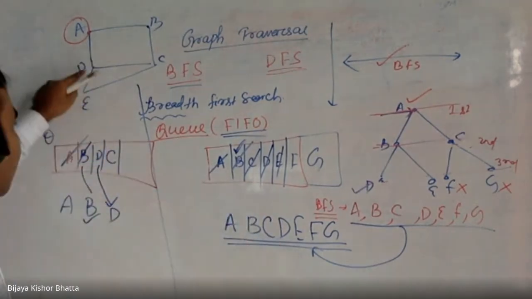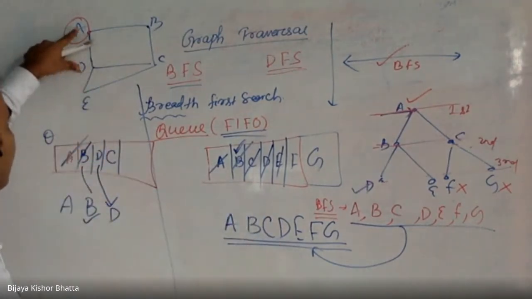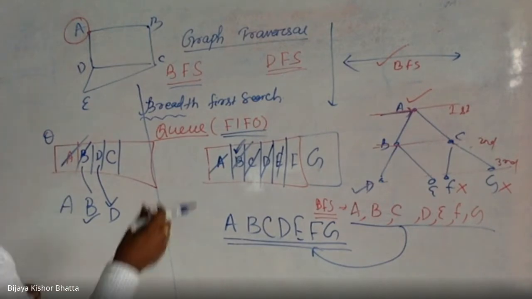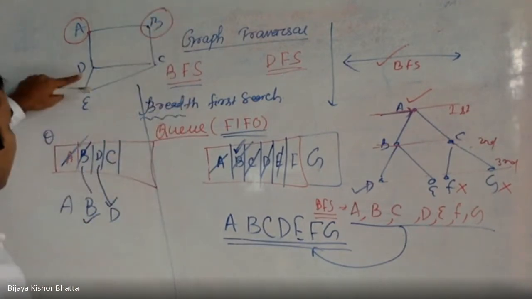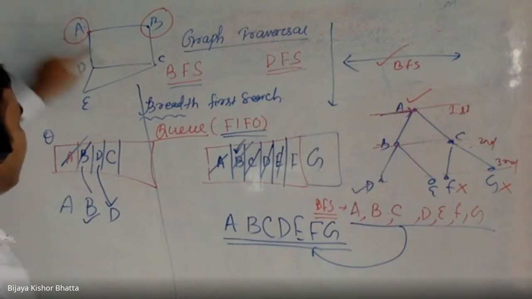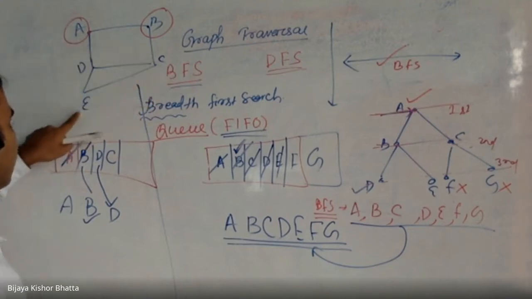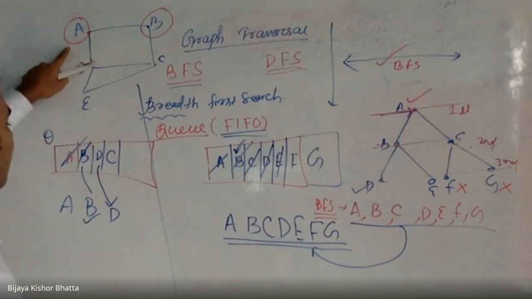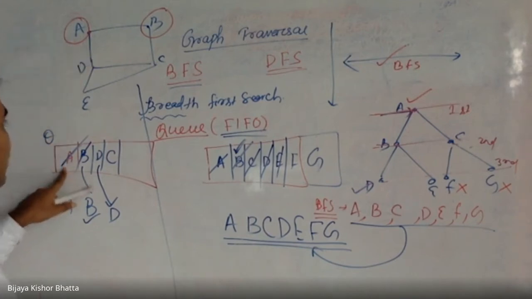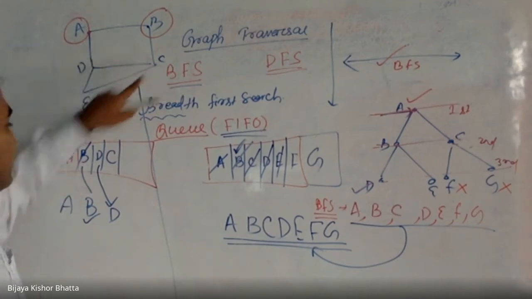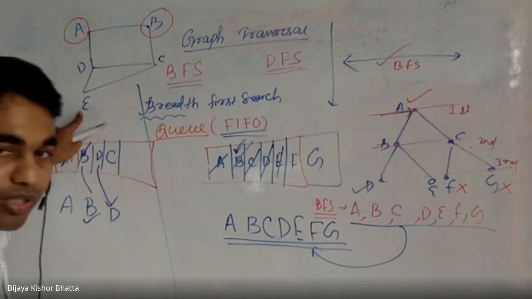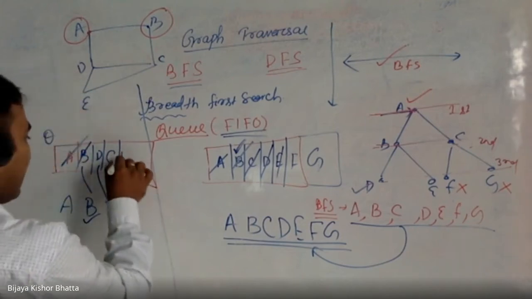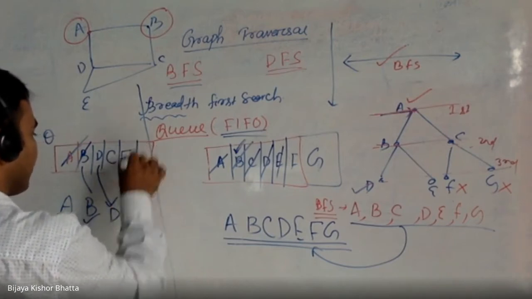So if you look into the graph, who all are dependent on A? Now A is processed, B is processed. So these two vertices are processed, right? For D, there are three vertices: one is A, one is C, and one is E. A is already processed or added into the queue, and C is also already added into the queue, and E is not added into the queue. So that's why you will add this particular E into your queue, right?